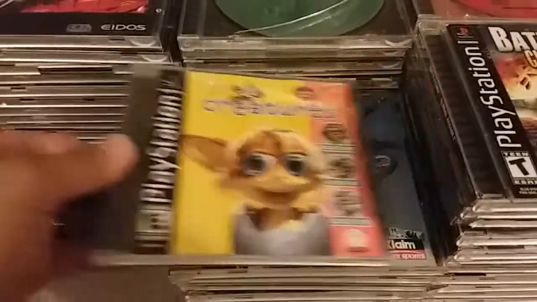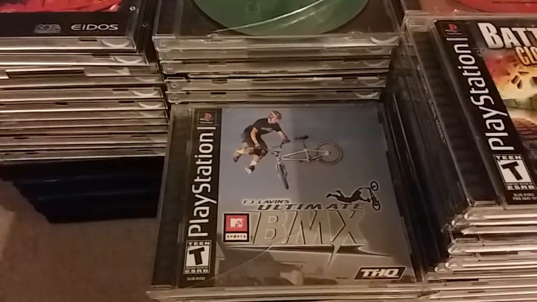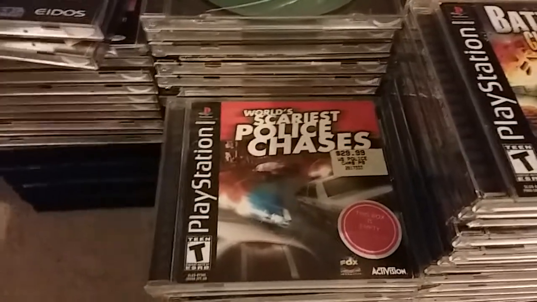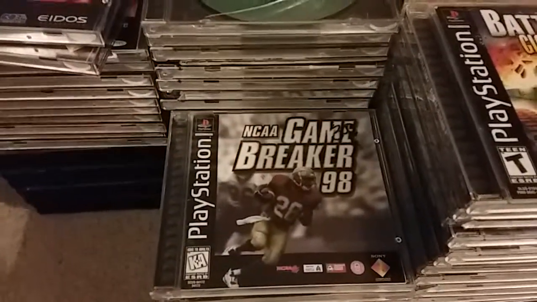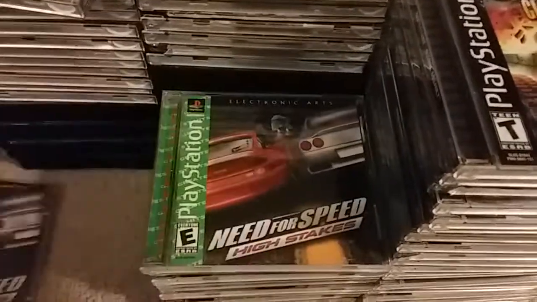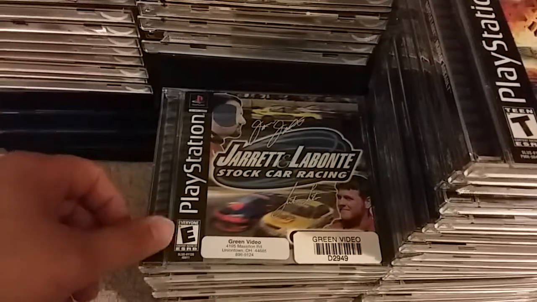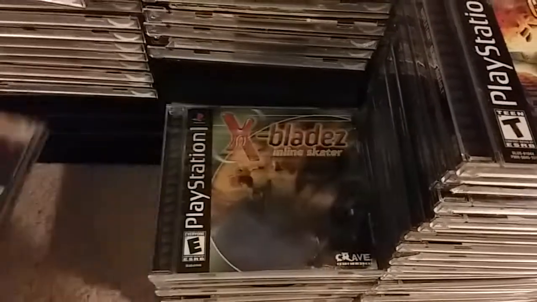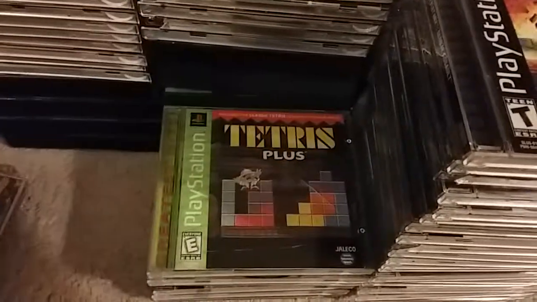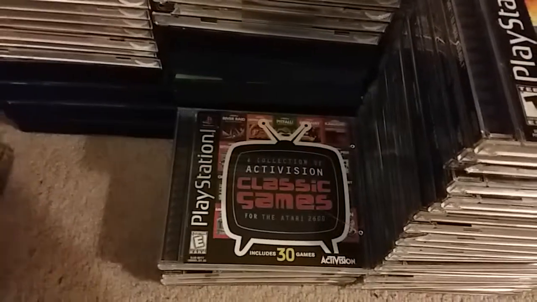There's another Creatures. Freestyle Motocross. TJ Lavin's Ultimate BMX. World's Scariest Police Chases. NCAA Game Breaker 98. Need for Speed High Stakes, classic Need for Speed game. Also have the Greatest Hits version. Jarrett LeBonnet Stock Car Racing. X-Blades Inline Skater, Quake 2, now there's a classic game, another Tetris Plus, Cyberdeck, a collection of